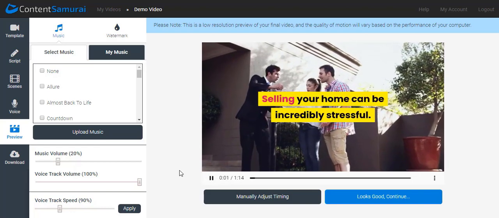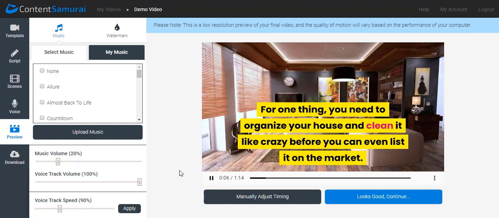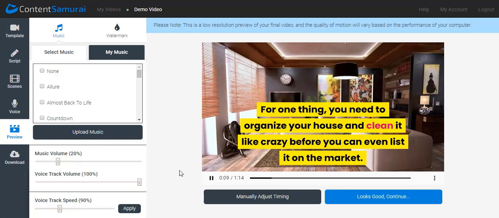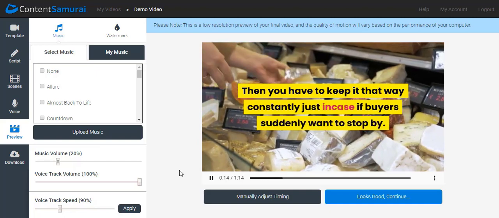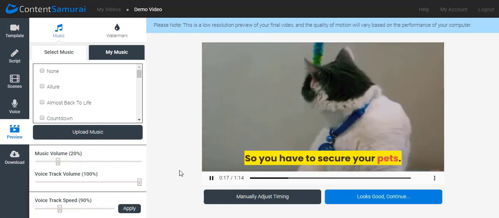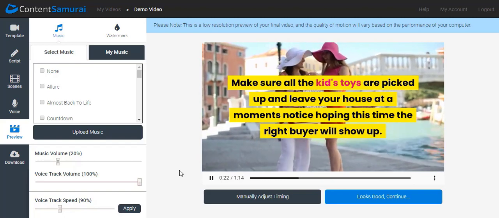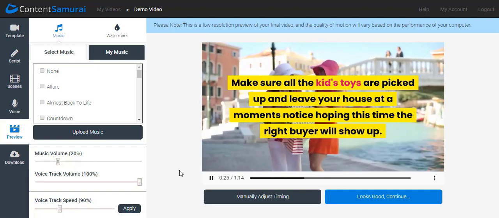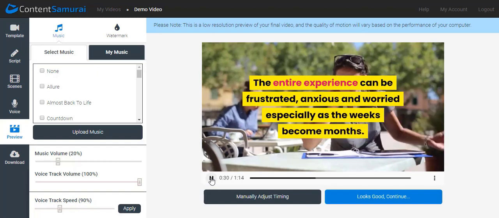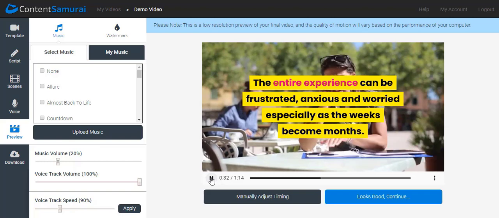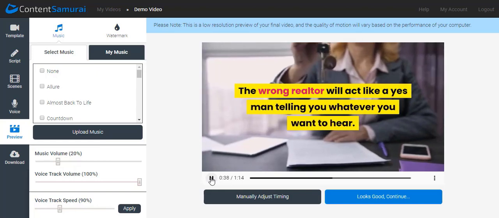Selling your home can be incredibly stressful. For one thing, you need to organize your house and clean it like crazy before you can even list it on the market. Then you have to keep it that way constantly just in case buyers suddenly want to stop by. So you have to secure your pets, make sure all the kids' toys are picked up and leave your house at a moment's notice, hoping this time the right buyer will show up. The entire experience can be frustrating, anxious and worrying, especially as the weeks become months. Now it becomes more stressful if you pick the wrong realtor. The wrong realtor will act like